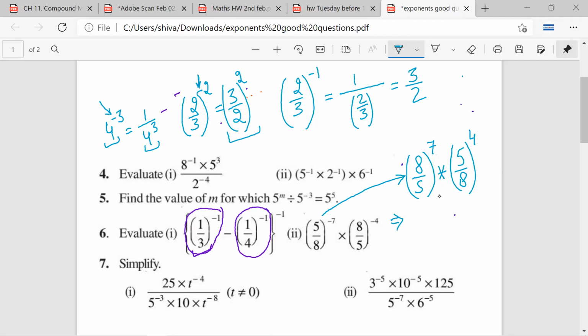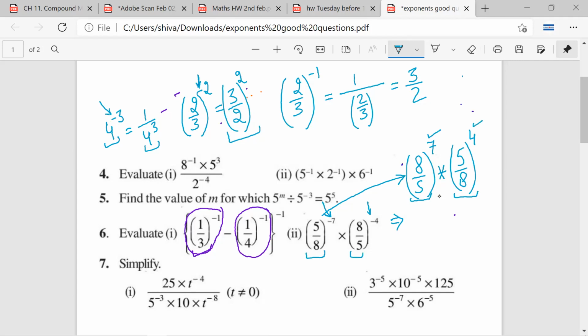Is it getting confusing? Okay. I mean, yeah, I got it. It's not confusing. Sanvi ji, any doubt? No, sir. So this can be written as 8 upon 5. Basically, this minus has made 5 upon 8, 8 upon 5. This minus has made 8 upon 5, 5 upon 8. And once you have used the minus, all that remains is a 7 and a 4.